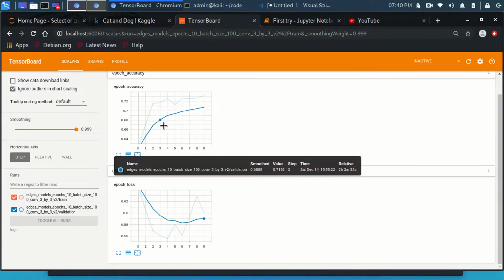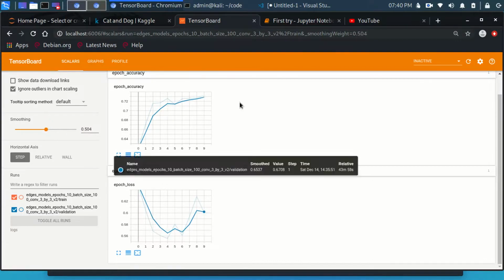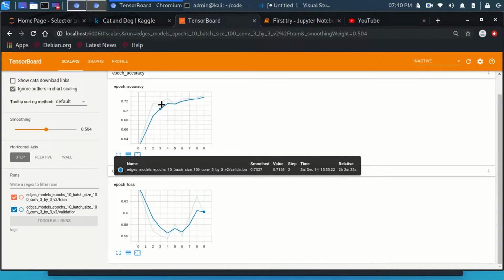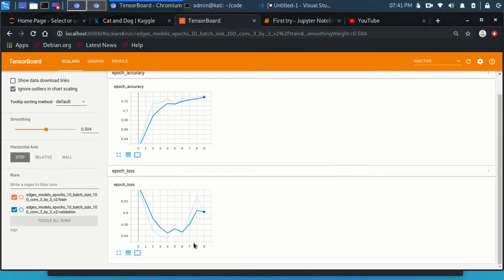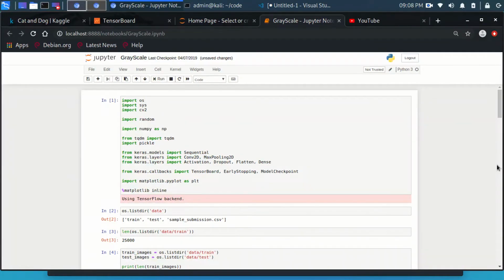Same case for this one at the bottom. So now you have two lines, for the training itself and the validation. So that's basically how it works. So this concludes the first video on cat versus dog classification using the borders, and I'll move on to the next one where I will be working with colors. Okay, so this is the second episode, and this one will be covering how to do grayscale